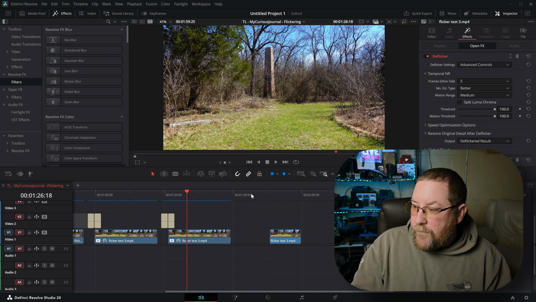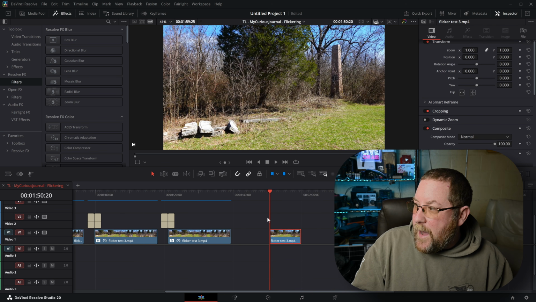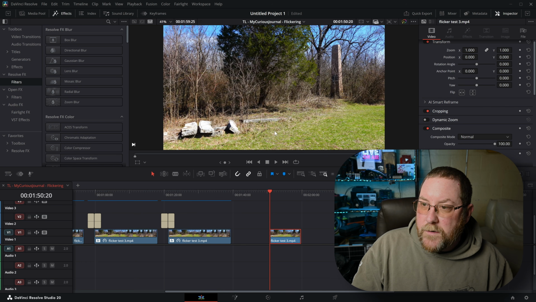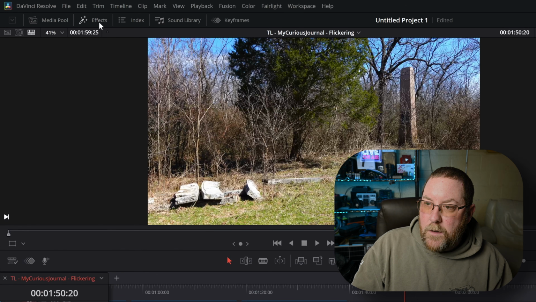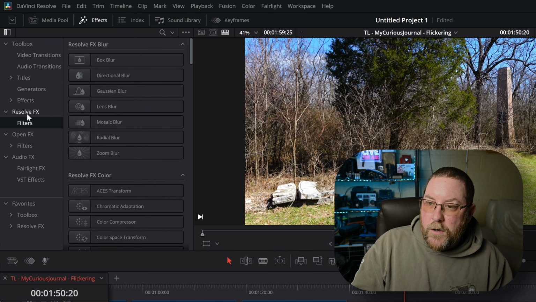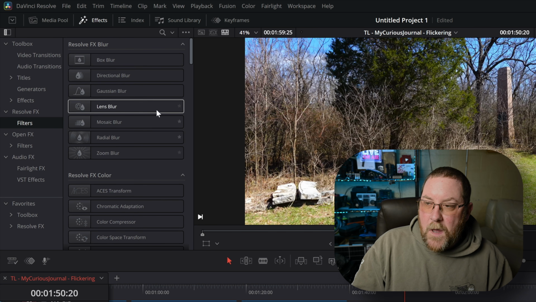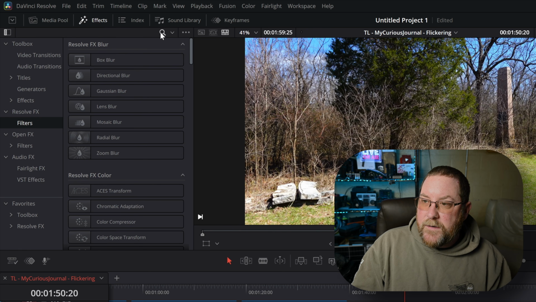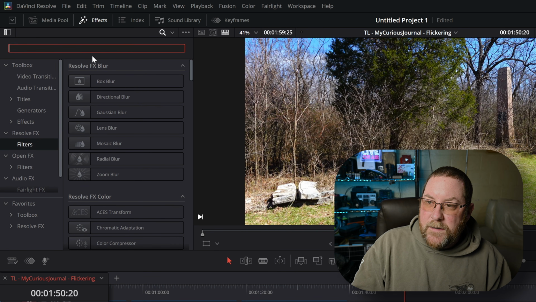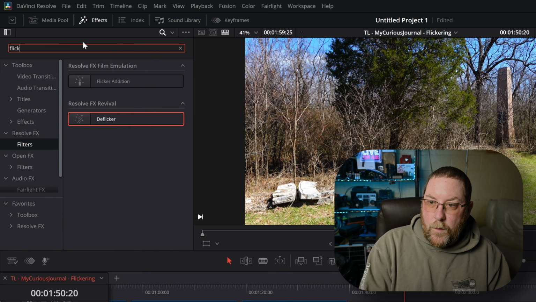So over here, I've got my original clip, and we're going to add deflicker to it first. With the effects tab open, you can click on it until you see it. Under Resolve Effects, Filters, there's going to be a deflicker in here. The quick way to find things is just to come up here to your magnifying glass and type in flicker or deflicker,